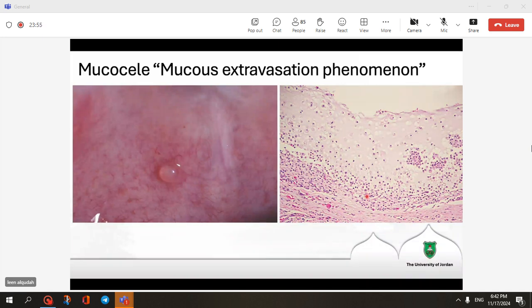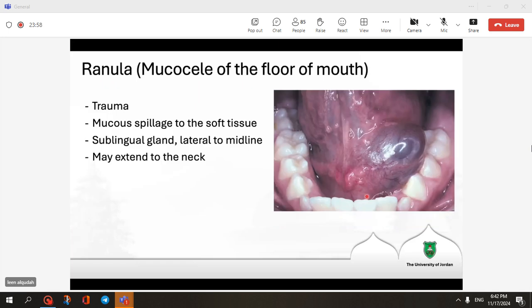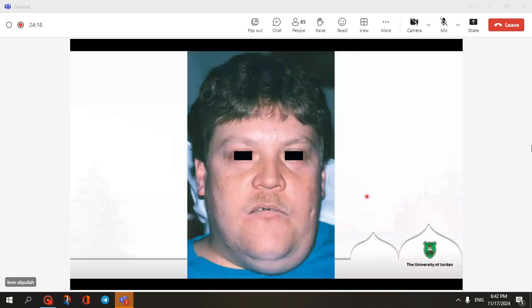Now, the ranula is just a special name for the mucocele when it happens in the floor of the mouth. It's usually associated with a trauma. The gland that is involved here is the sublingual gland. Usually it will be a mass on the floor of the mouth, lateral to the midline, and it may extend to the neck. And once the ranula extends to the neck, we change the name of it to plunging ranula or cervical ranula. As you can see here, this patient has a plunging ranula, and it's basically causing a unilateral